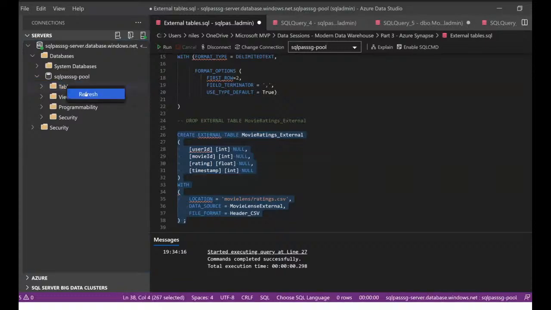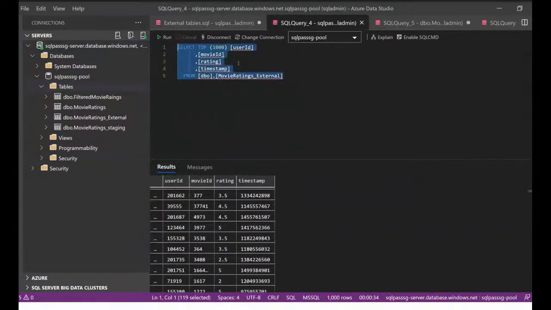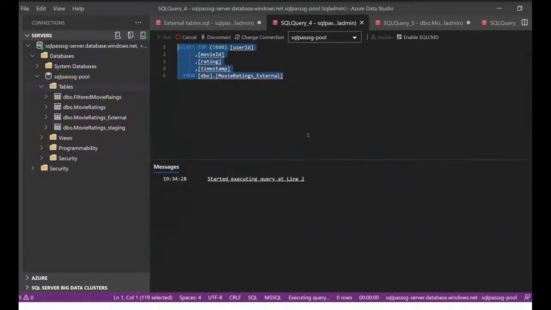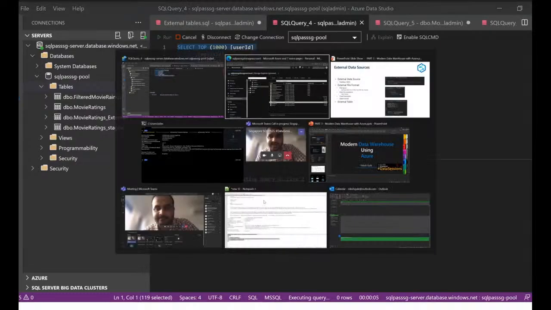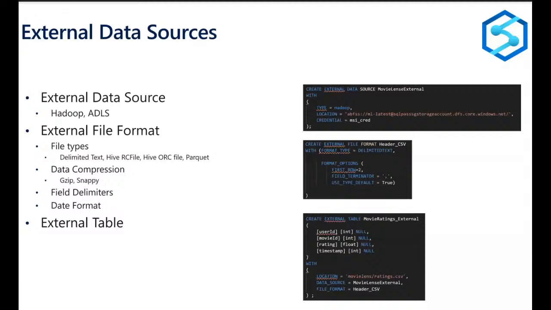So let's refresh here. Now we have the external table created. Let's query this again. It would take some time, but we should be able to get the results from there. So that's one of the benefits of using these external tables.